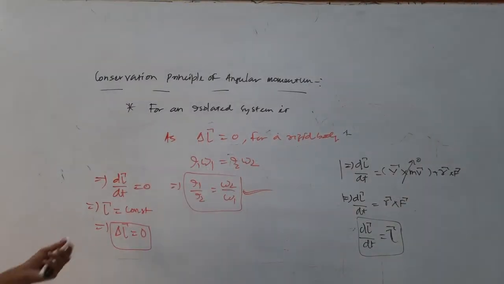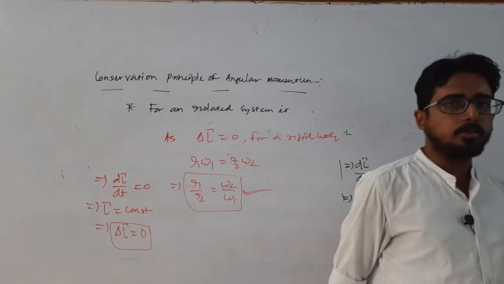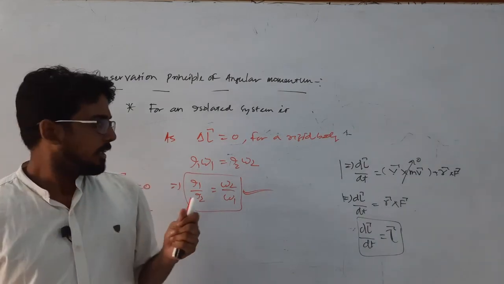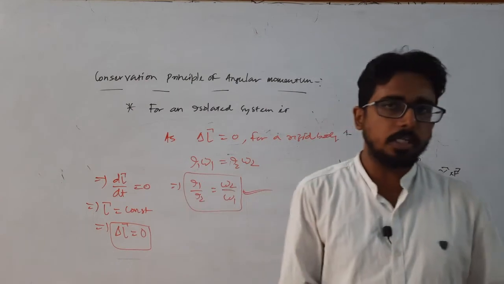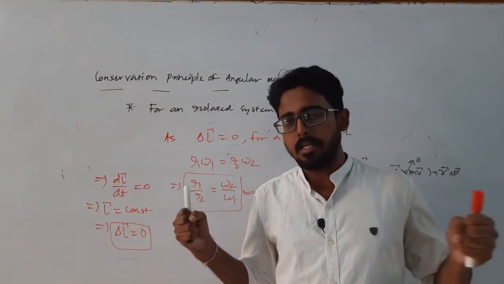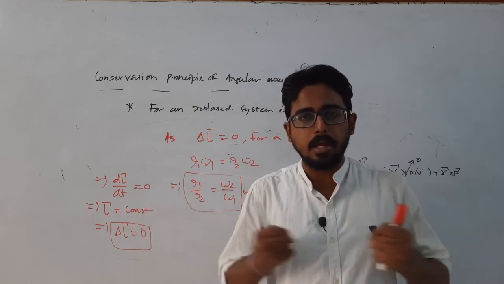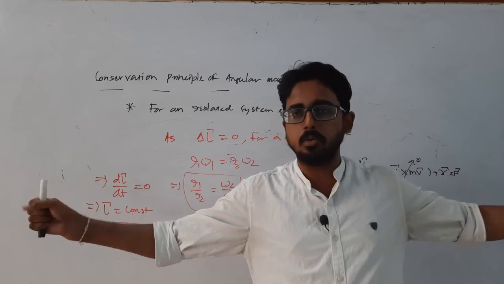Okay, so this is how for an isolated system the total angular momentum is conserved. So what are the examples of the conservation principle of angular momentum? In the case when a man is holding two weights in his hands and standing on a rotating disc or rotating table, if the man is folding his hands and stretching them out while holding the two weights,